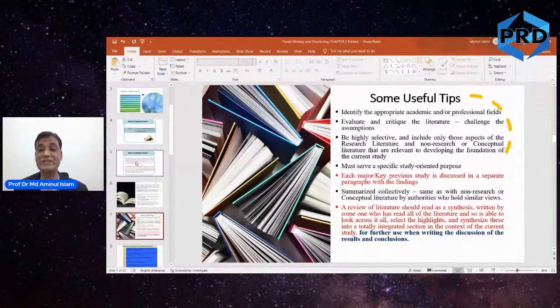Okay. So that's where you are synthesizing. You are collectively summarizing. All right. So that later you can always refer back while you have your findings. So when you are going to write the discussion chapter, you will refer back to your chapter 2. Okay, this is what is going to help you a lot.